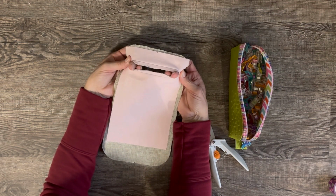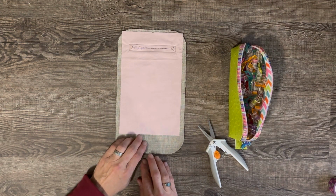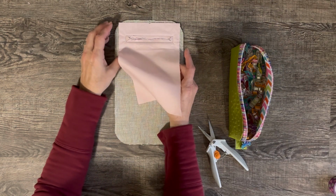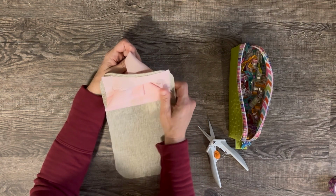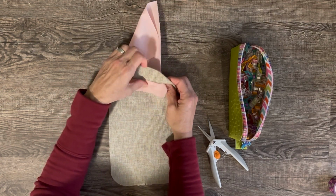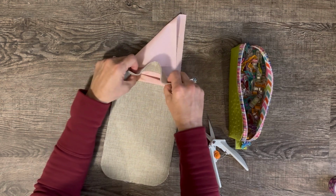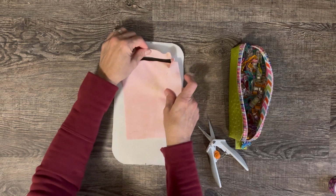Now you can see there's an opening through the bottom base. Take pattern piece C, lift it from the base, and push that fabric through the opening of the rectangle. You're going to push it all the way through to the opposite side. It may take a little bit of finagling, but once you get it to the other side, you'll lay it